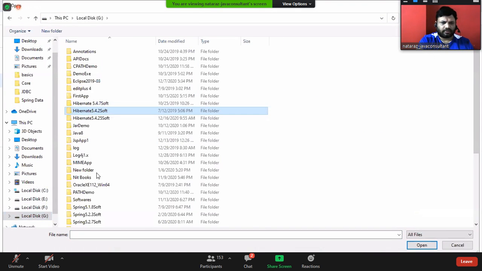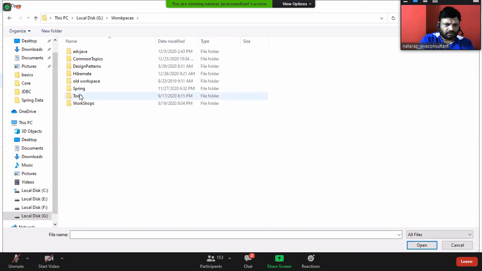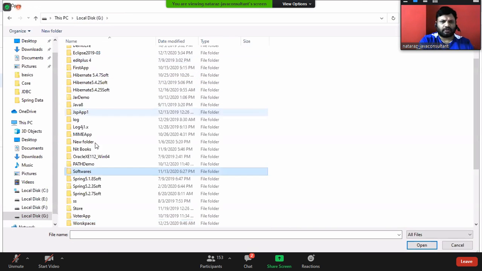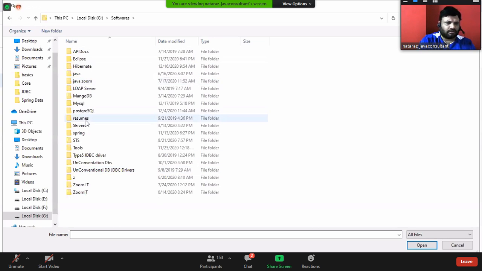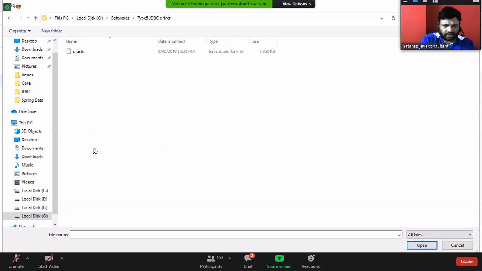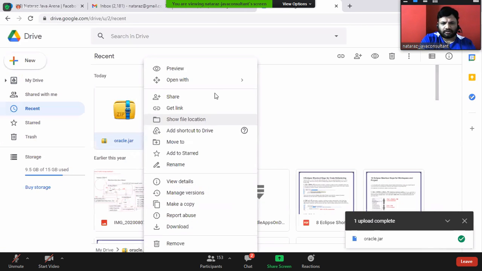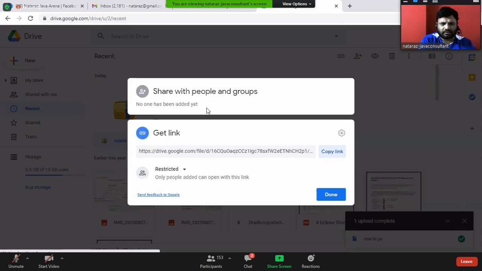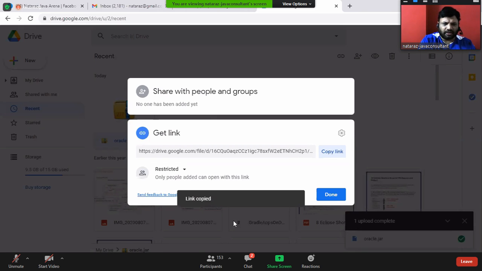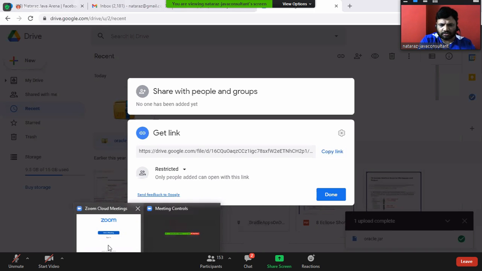G Drive, softwares, Type 5 driver. Say refresh. Resend. Right click, get link. Copy link. Go to chat box.